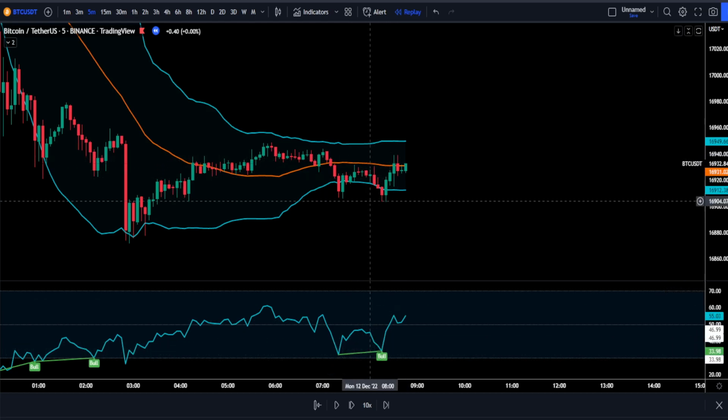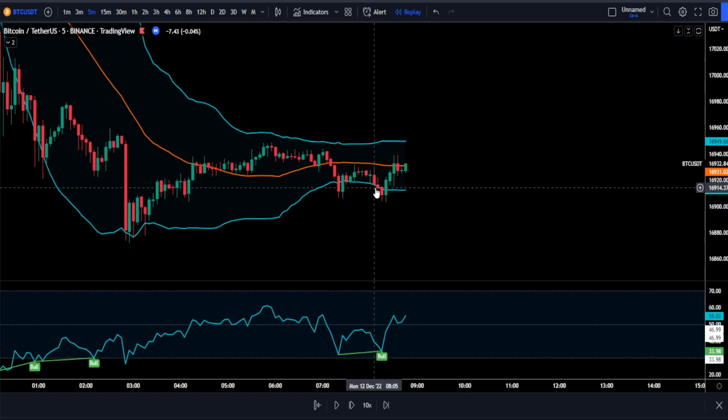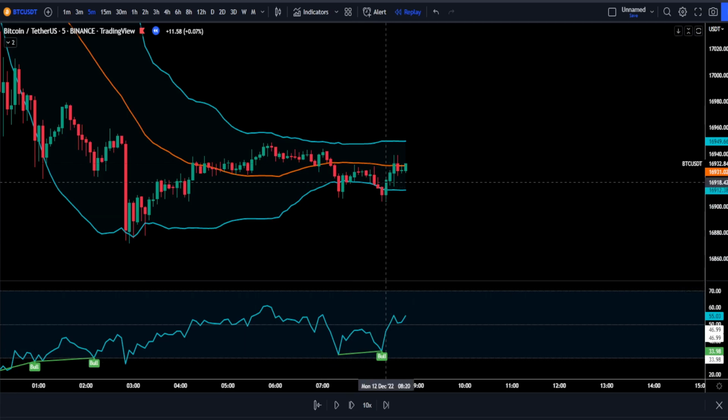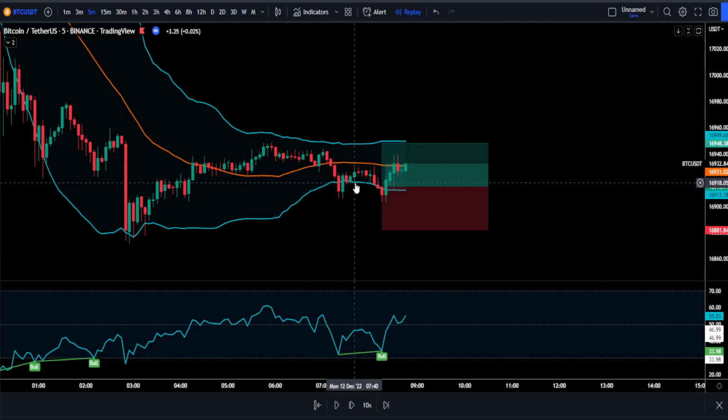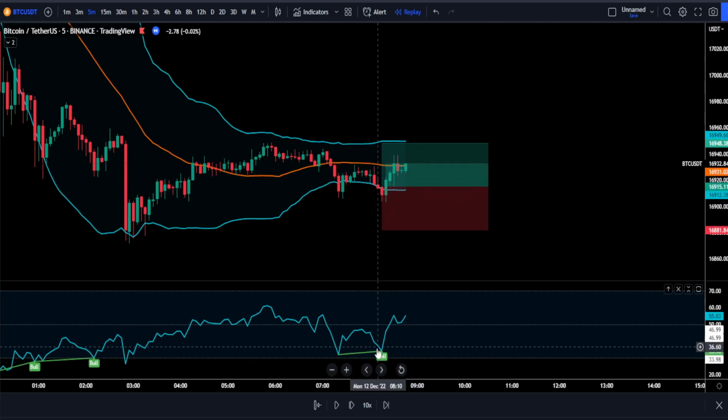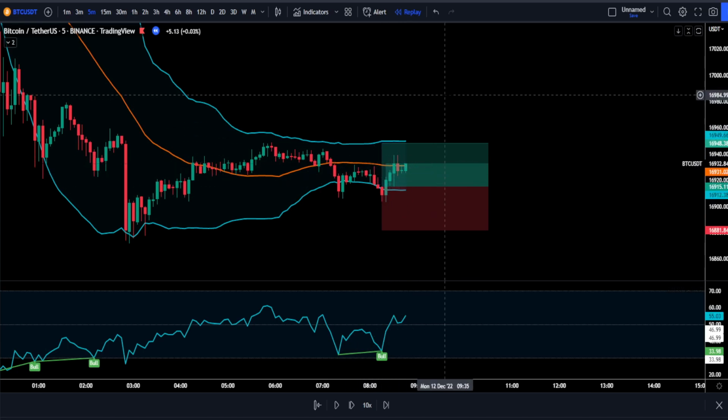Now we will take a look at our Bollinger Bands, and if the price action is touching the lower band, we will now enter into a position. This is because the Bollinger Bands are indicating that we are oversold. Combining that with our bullish divergence from the RSI indicator, the chances of the price moving towards the upside are